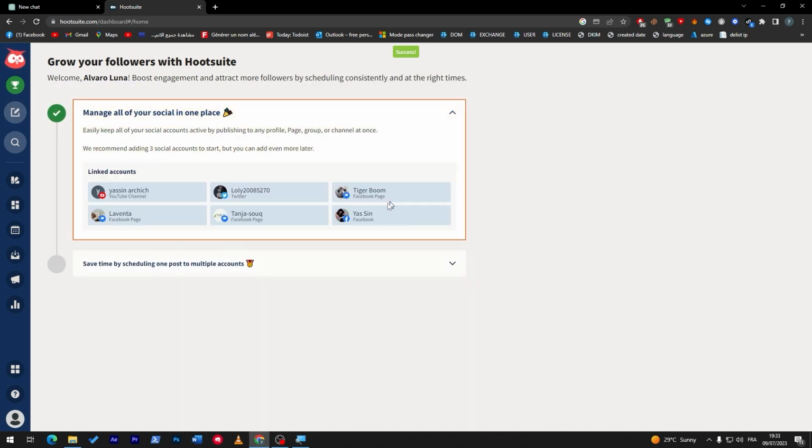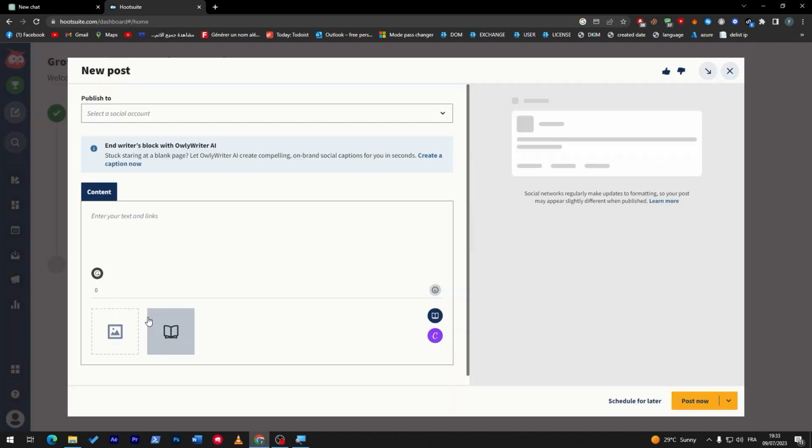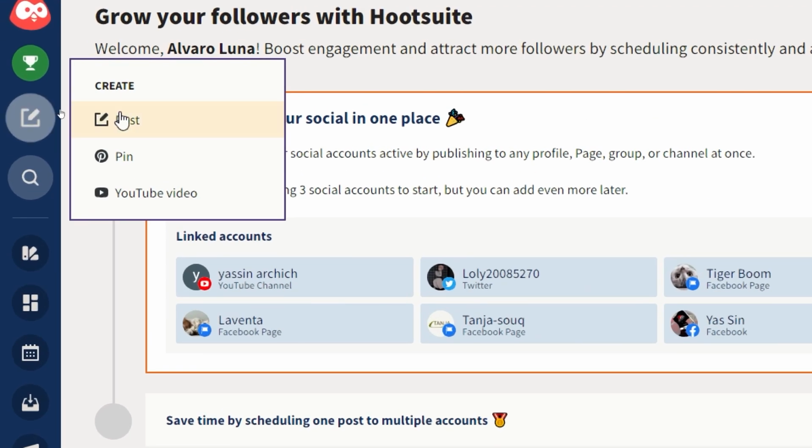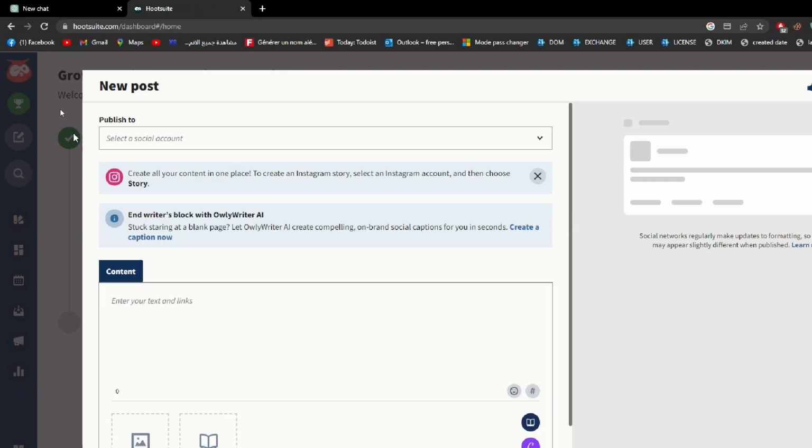And here we go. So now I have added some Facebook accounts, and this is the limit. So we have up to 7 or 6 accounts, I mean. So here, as you can see, I can now start sharing through Instagram using Facebook. So let's click on this button, which is on the left side of the menu, and click on post, and